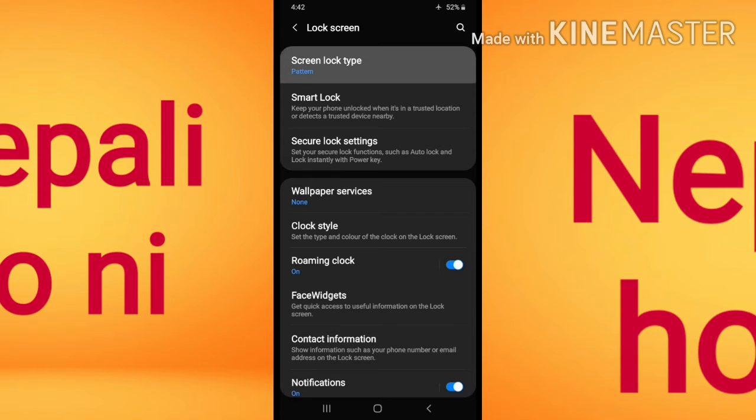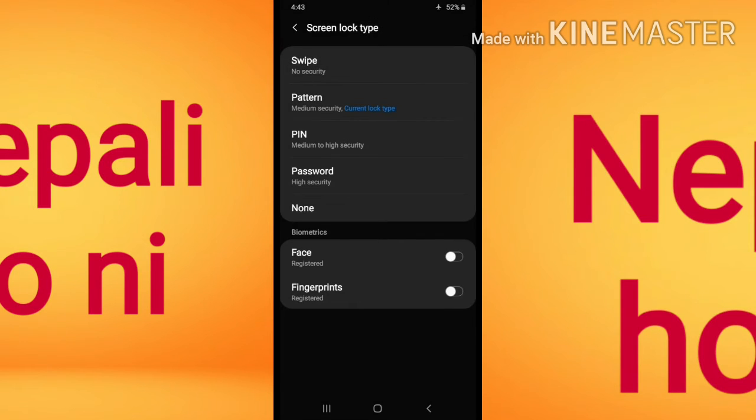So touch here on pattern. Now guys, here you can see the first one is swipe, the second one is pattern, the third one is PIN, the fourth one is password, and none. If you want no password, then here is none. And if you want medium security, then you can choose pattern. If you want medium and high security, it is PIN, and if you want high security, then here is number and